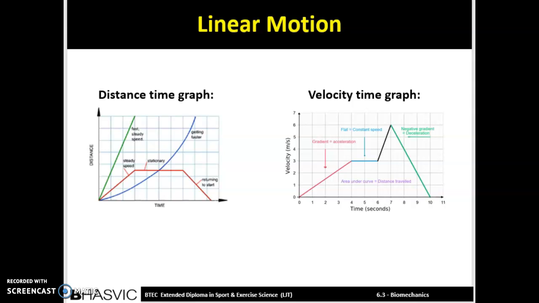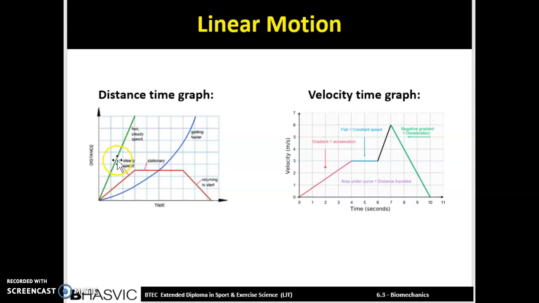And then in this, you can form two types of graphs that differ from each other. So a distance time graph takes into account distance on the y-axis and time on the x-axis. In a distance time graph, an acceleration would be a curve, and a straight line with a positive gradient